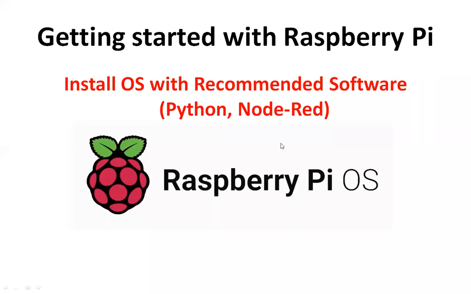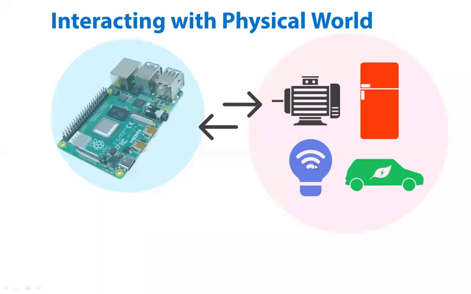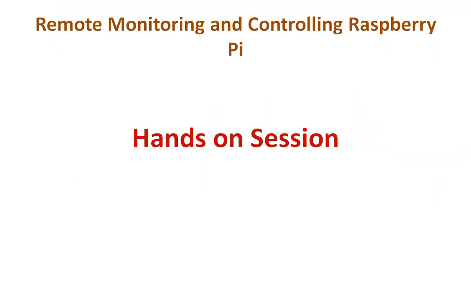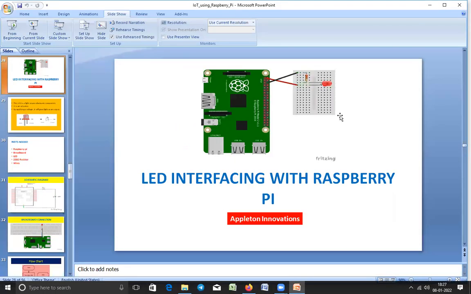So I have made my Raspberry Pi ready. Now I will be showing you how to interface our Raspberry Pi with the physical world and how to monitor and control things. That is actually the practical part I'll be doing now. Right, so now we'll go to the practicals, all of you. We'll have some hands-on session. First, I'll log into my Raspberry Pi. I'll show you how to log in. My Raspberry Pi is already on. It's running. So, how to log into my Raspberry Pi.